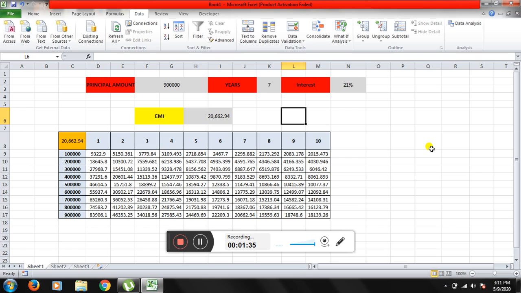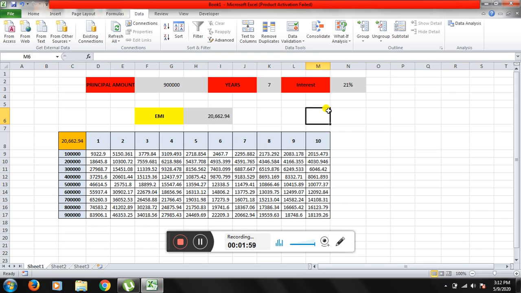Likewise, I can calculate the amount, years, and the interest rate. In this table, one more example: if I am taking a loan of 4 lakh rupees for, suppose, 5 years, then the monthly EMI would be 10,875 rupees 45 paise.